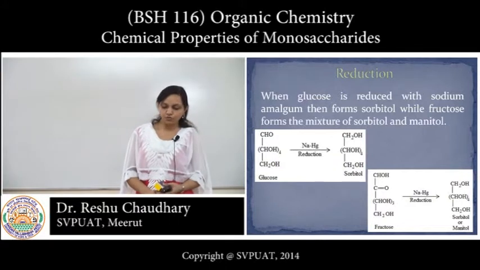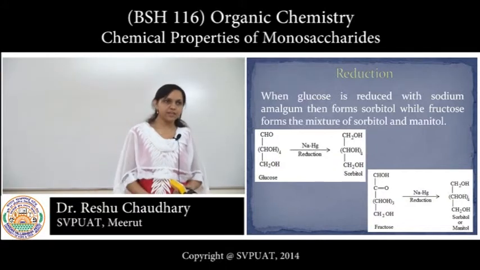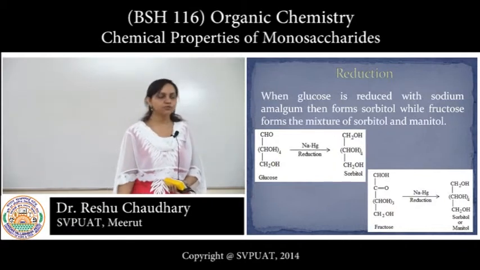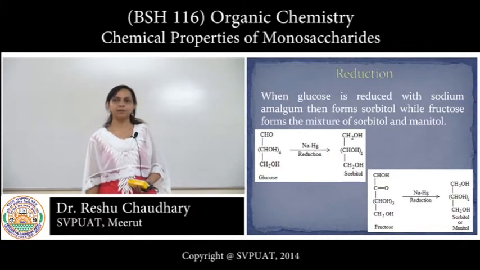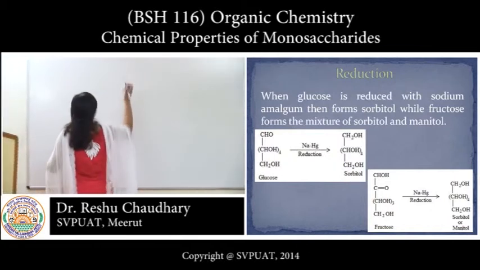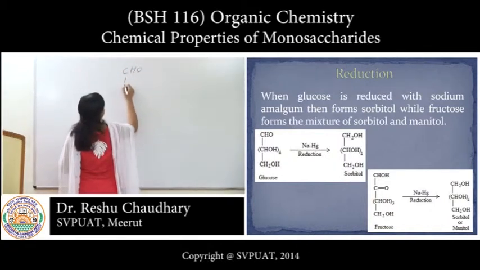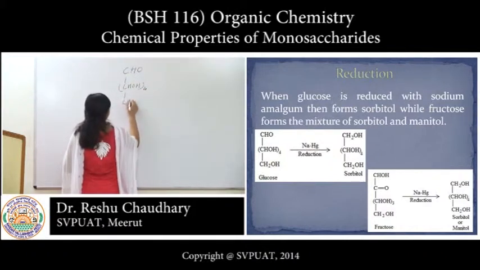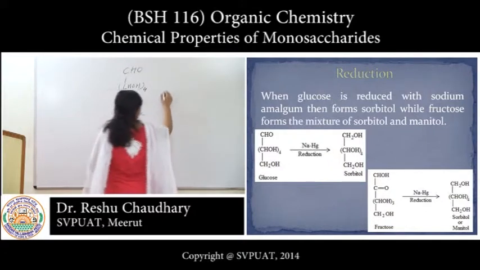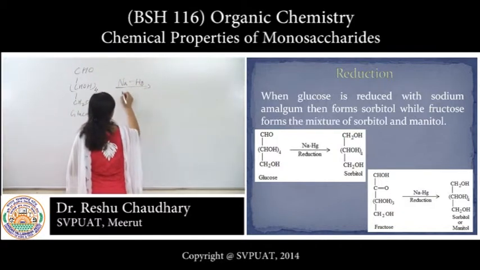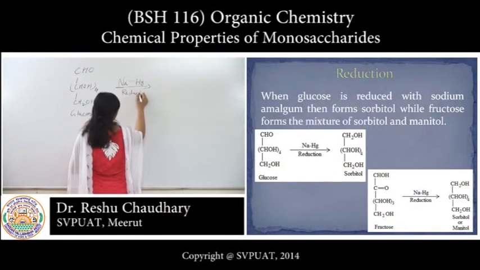When glucose is reduced with sodium amalgam, NaHg, it forms sorbitol, while fructose forms a mixture of sorbitol and mannitol. Now the reaction will be, this is the structure of glucose. Now when it reacts with sodium amalgam, it undergoes reduction